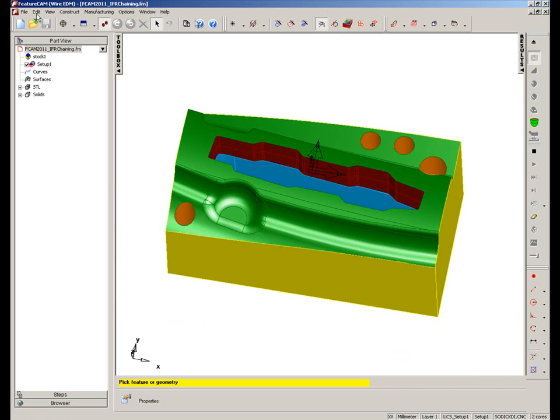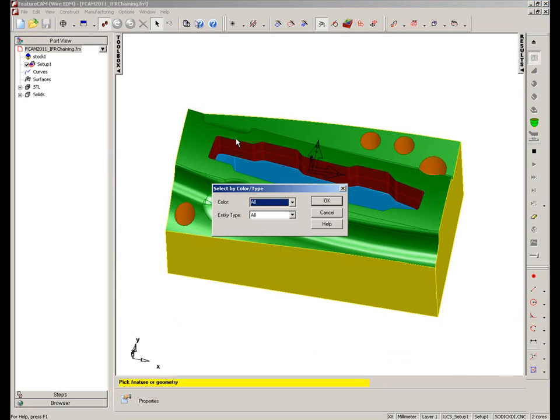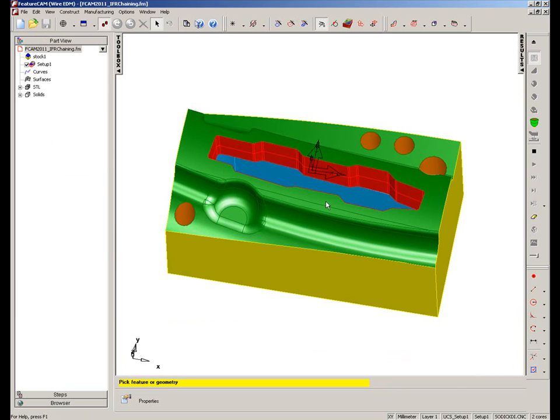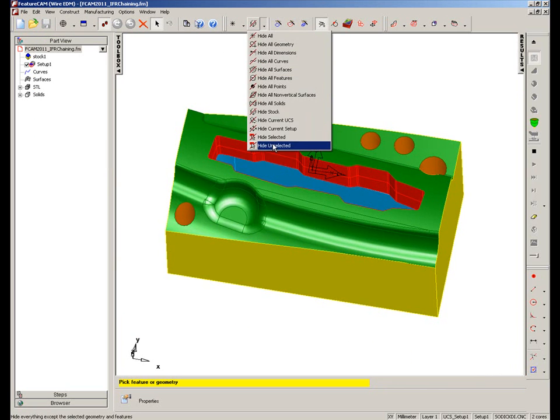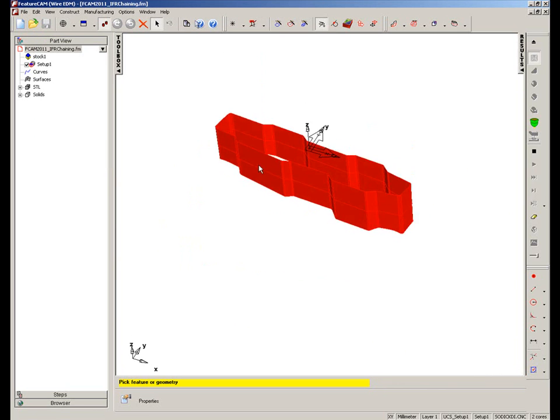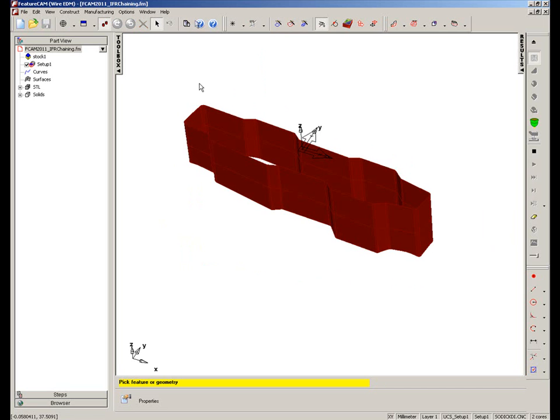So if I select these first of all by colour, I'm just going to select and then hide everything else. So I've now got my surfaces. These are the ones I want to generate. Now if I actually select these surfaces